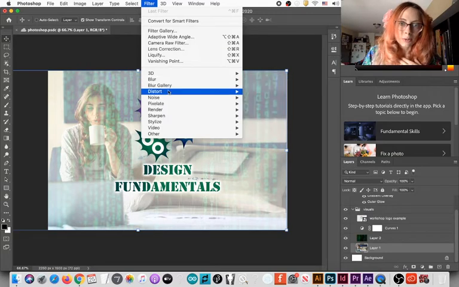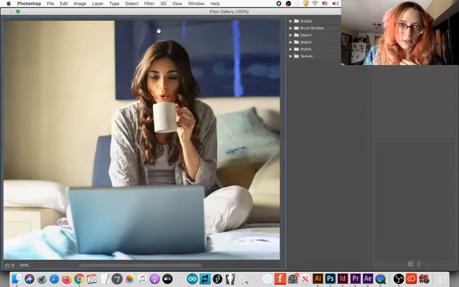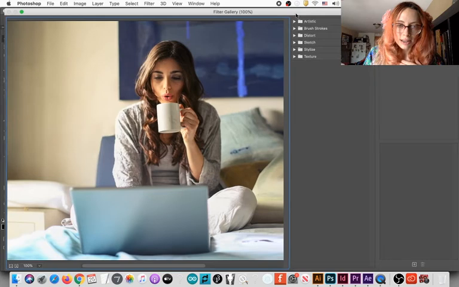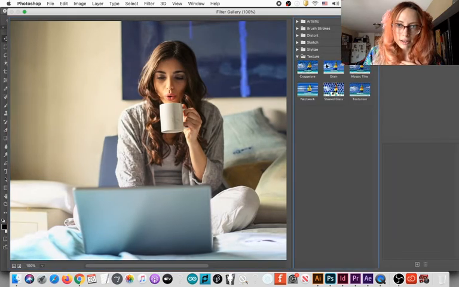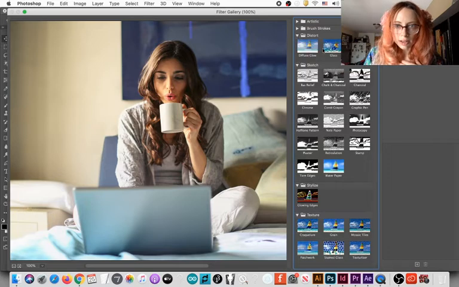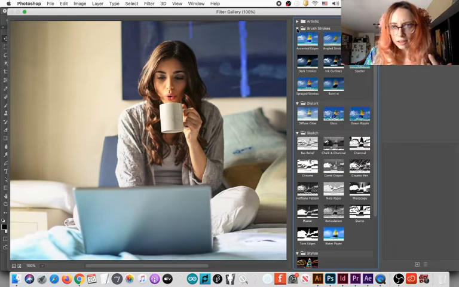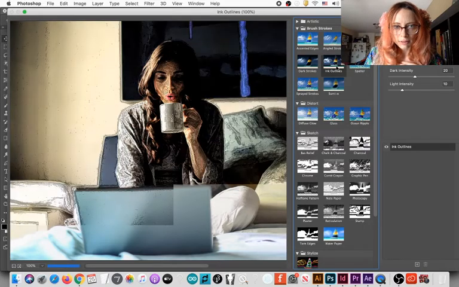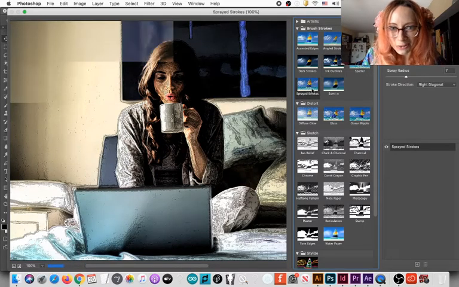There are different ways to play with filters. Either choose one from here, or go to Filter Gallery, where you can browse all the filters you have built in with your Photoshop. There are also filters you can download and add to your Photoshop, but these are good to begin with. These will mess up your image real good.